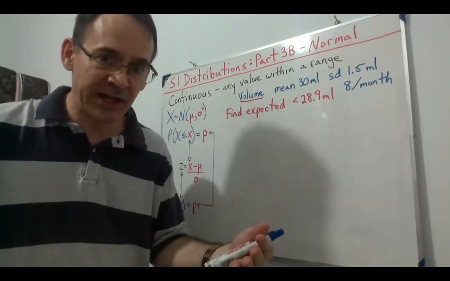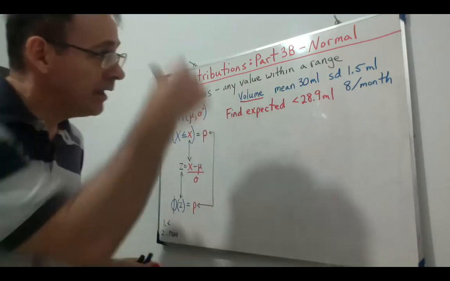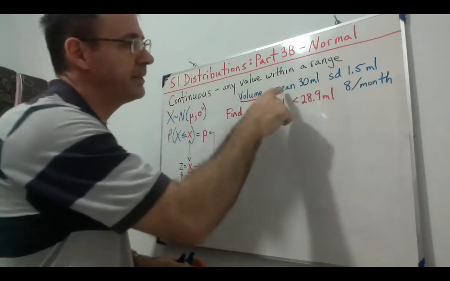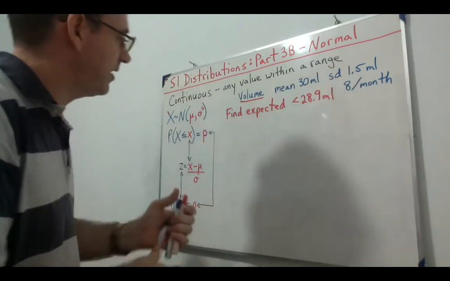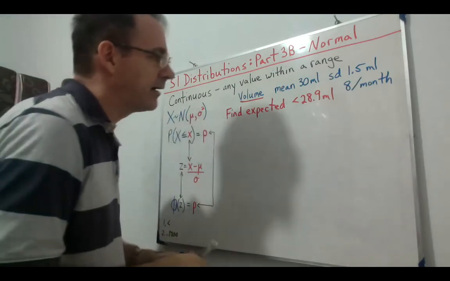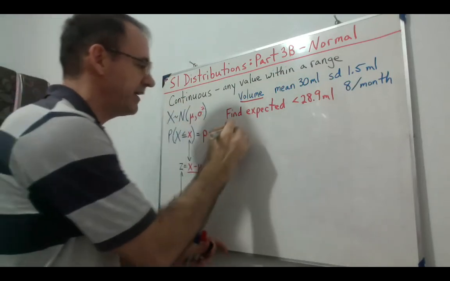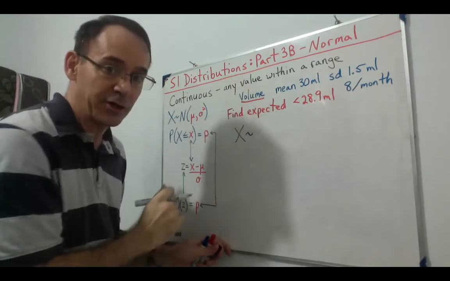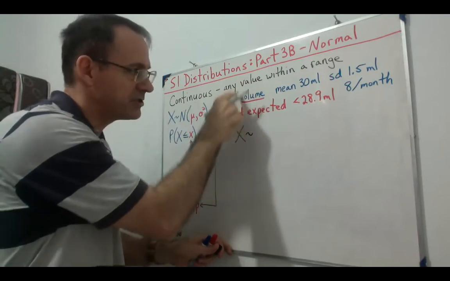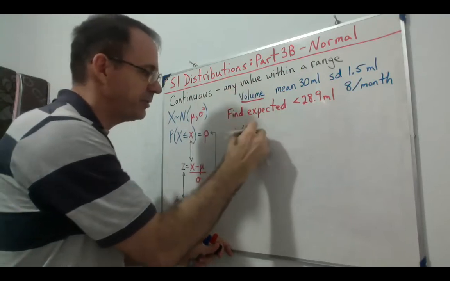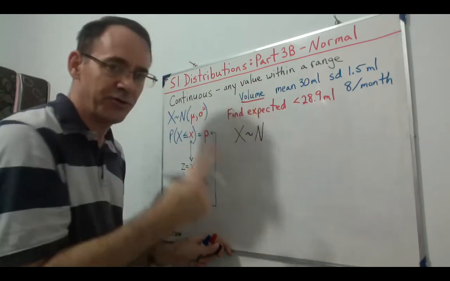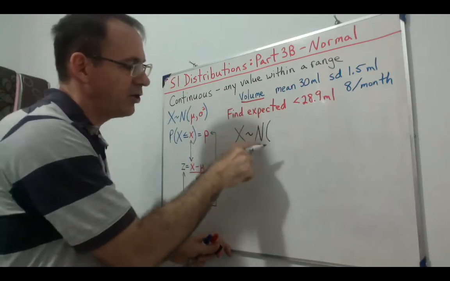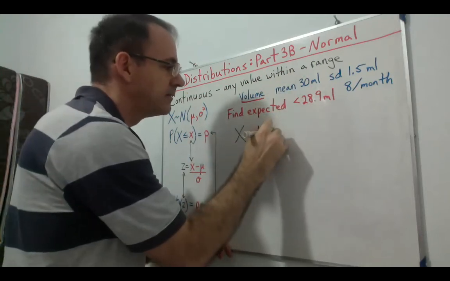The question does say it, but again, you need to think it. The next thing that it does is it provides for us the parameters, the mean and standard deviation. So let's go ahead and set up our notation that we have. Our random variable, which is representing volume, is distributed normally. So we've chosen the correct distribution. And the parameters that go with normal are the mean